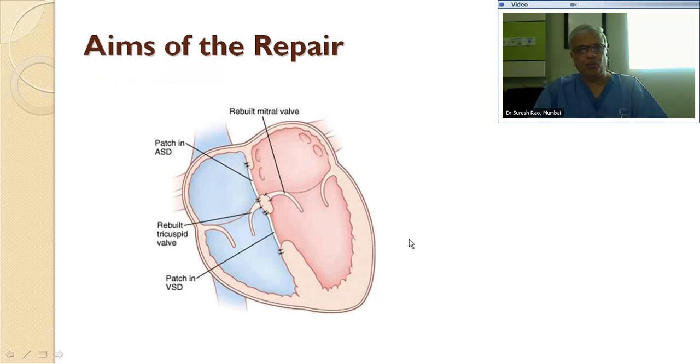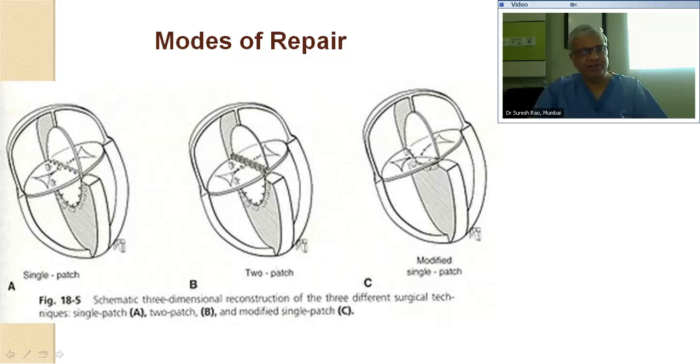Now, what are the modes of repair for AVSDs? There are actually three modes. One is the single patch, as you can see here. This is one patch, and we used to divide these leaflets to accommodate this patch, the atrial side of the patch, the ventricular side of the patch, and close the cleft in the mitral and tricuspid valves. Now, this was very popular in the early 70s to mid 80s, but then the incidence of AV valve regurgitation was extremely high here, and this technique has more or less been given up and has given way to the two-patch